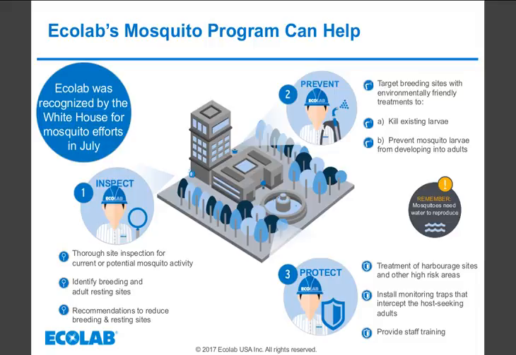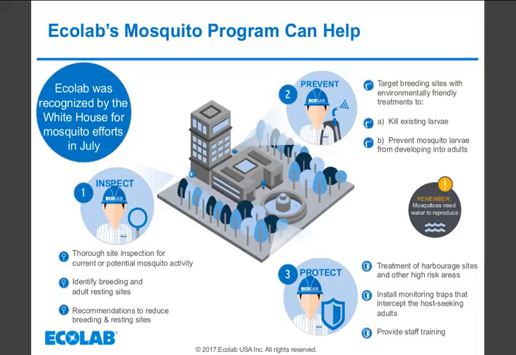potential breeding sites using products called larvicides. These products are environmentally friendly and developed to specifically target and kill mosquito larvae without harming the environment or non-target organisms. The final step, step 3, which is called protect, includes the treatment of potential adult resting sites using specialized